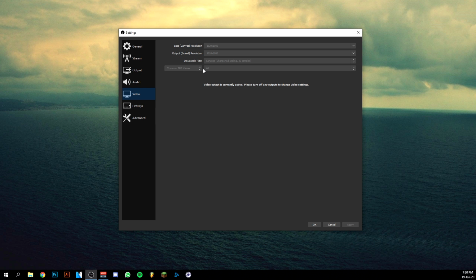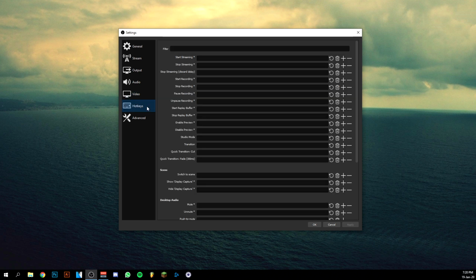FPS, 60 FPS is the most. Yeah, I mean, 60 FPS, definitely going for that, you know. 30 FPS is kind of slow nowadays, so just be sure it's on 60 FPS and you're all good. Hotkey is a preference. It's when you press a key on your keyboard and it starts recording, for example, or